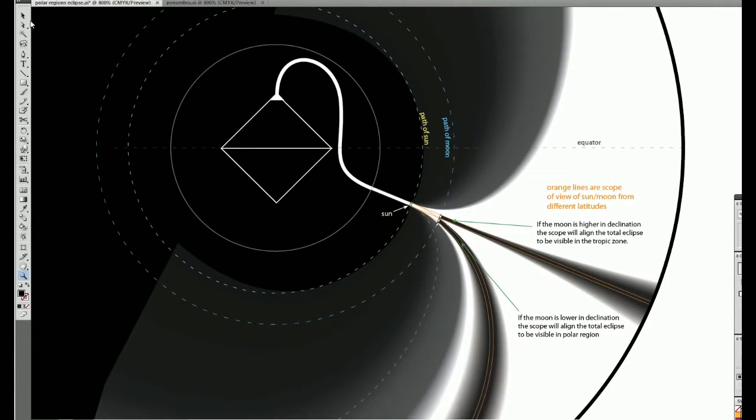We see the octahedron in the middle, side view. We got the equator going straight across. We got the high arm of light hitting the back of the sun. And then I created these little orange lines. I call them scope of view